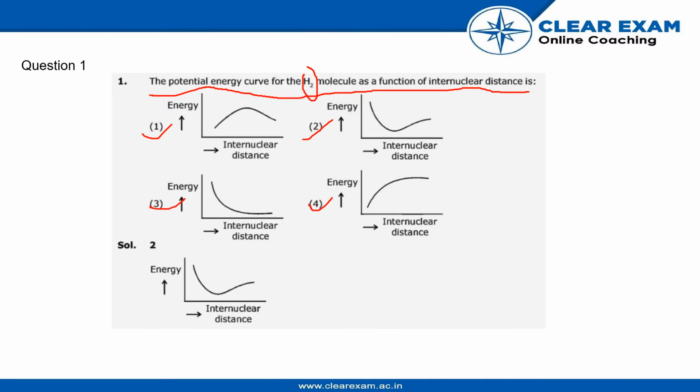Bringing the atoms closer to one another has an attractive potential, and the bond has formed on reaching the lowest point on the curve. So here we can see the lowest points, this, this, this. It is the maximum distance, like infinity, the two atoms are